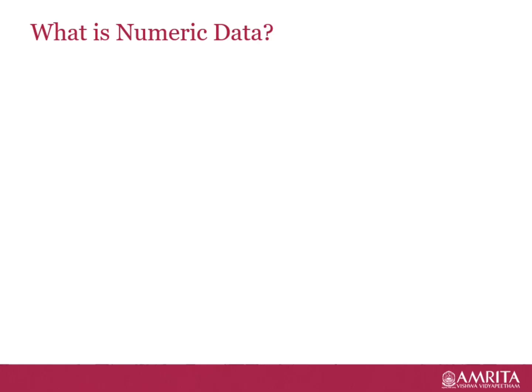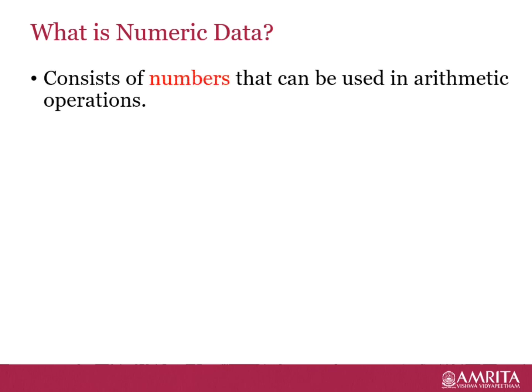First, we can see what is numerical data. Numeric data consists of numbers, and it differentiates itself from other number form data types with its ability to carry out arithmetic operations. Generally, there are two types of numeric data. One that consists only of positive numbers, also called unsigned numbers, and the other that includes both positive and negative numbers, commonly termed as signed numeric data. And separate data representation techniques are required to deal with each of them.